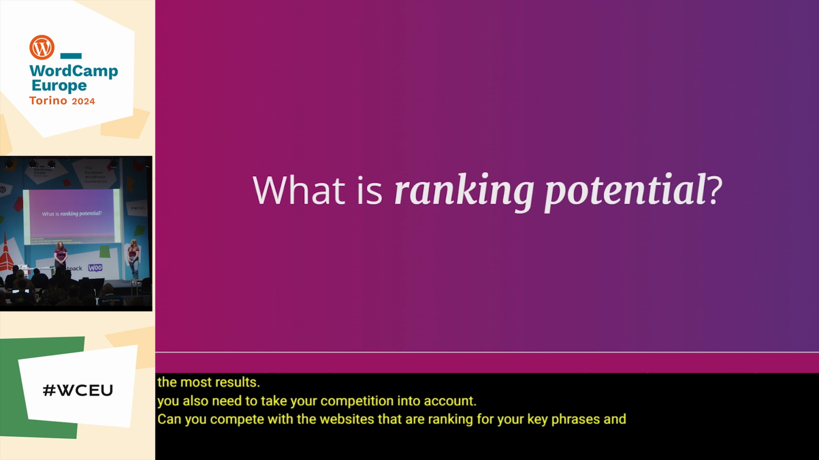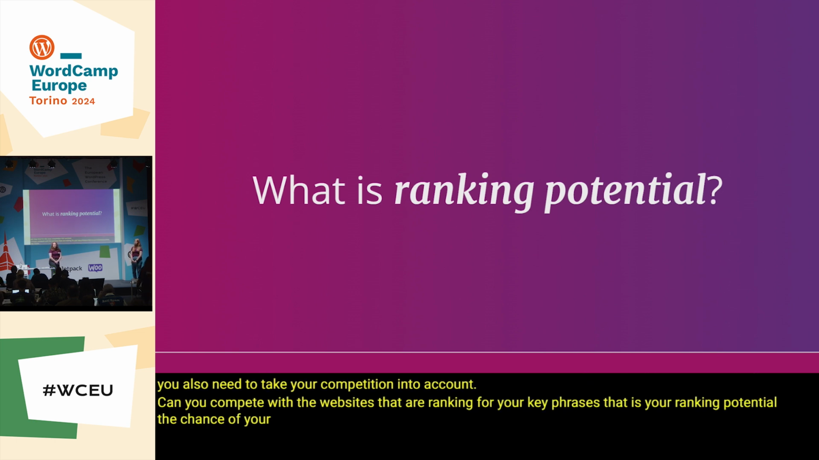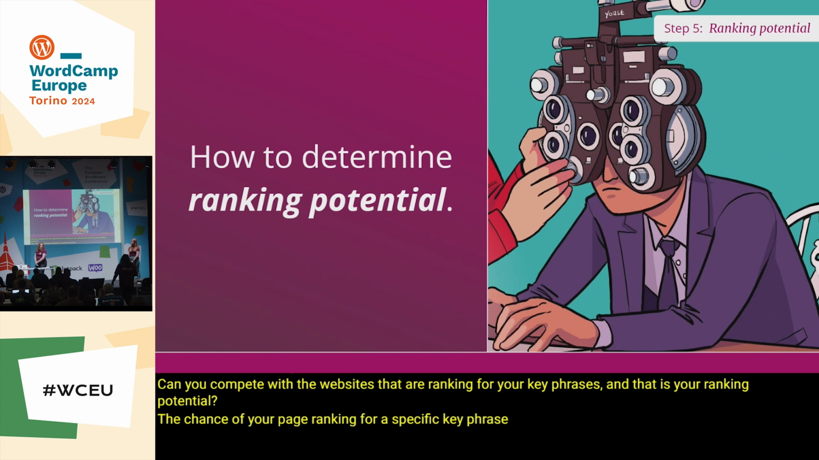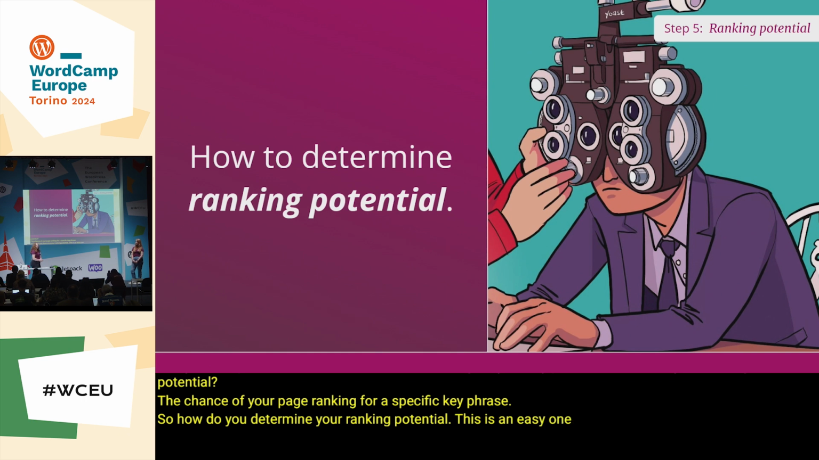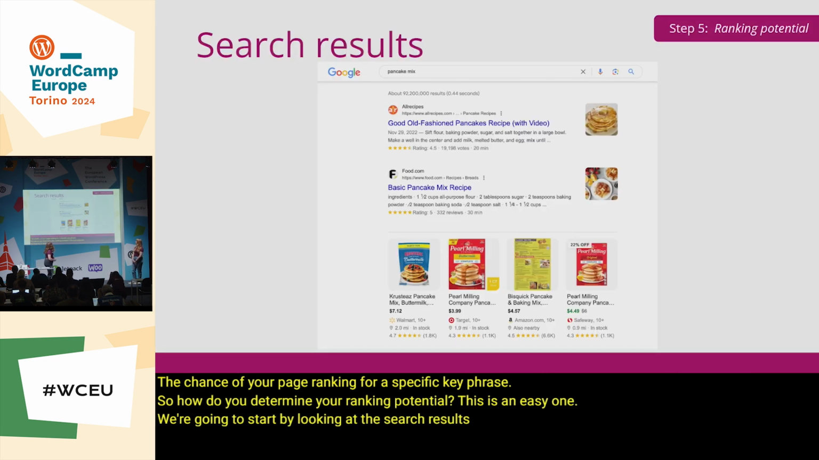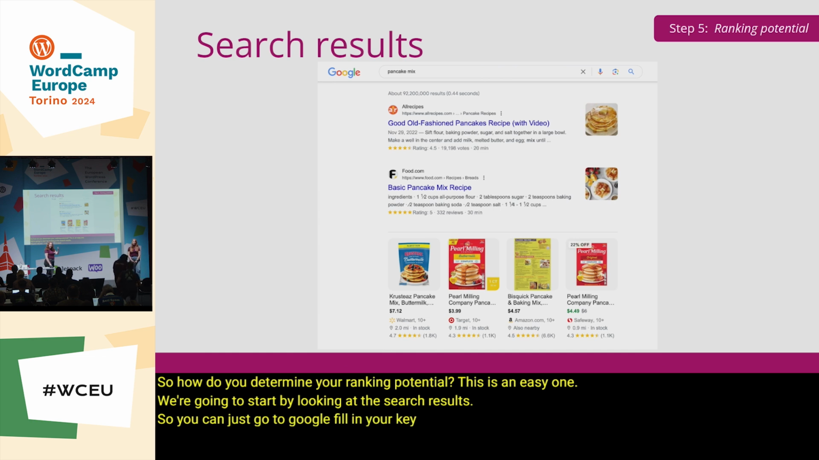That is your ranking potential, the chance of your page ranking for a specific key phrase. So, how do you determine your ranking potential? This is an easy one. We're going to start by looking at the search results. You can just go to Google, fill in your key phrase in the search bar, and check out the